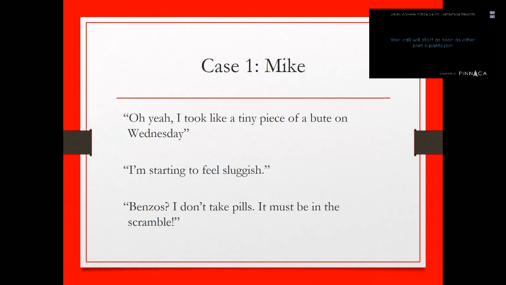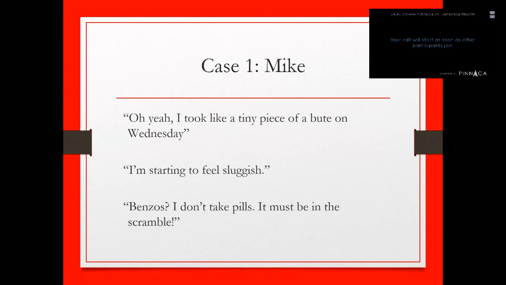And that of course affects things, because if he just used some heroin a couple hours earlier, even with a small amount of buprenorphine in his system, it would be a risky proposition to start his buprenorphine right away, because we could precipitate withdrawal. And we want to avoid making our patients feel significantly worse on their first day of treatment. We want them to feel better and come back and be retained in treatment.